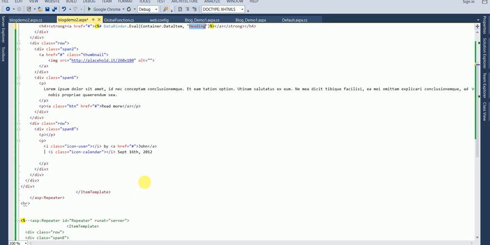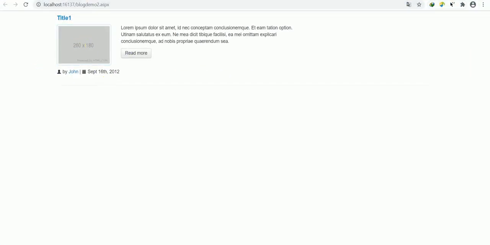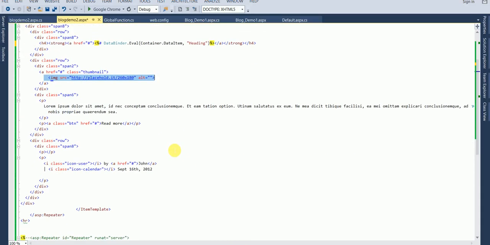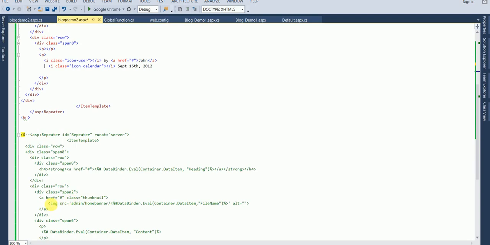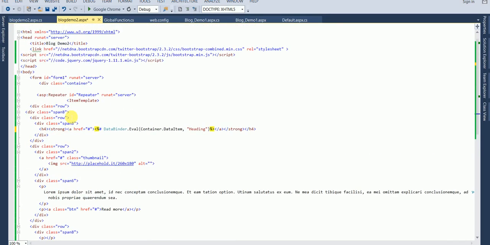Again, this is an image appearing here, and this is the code for displaying the image. So I will replace this image holder with this code and delete this.